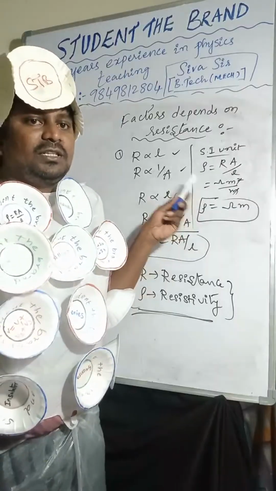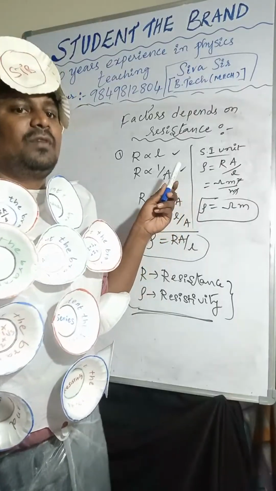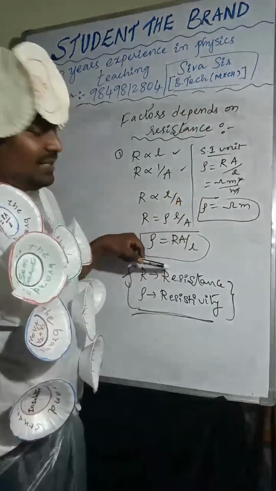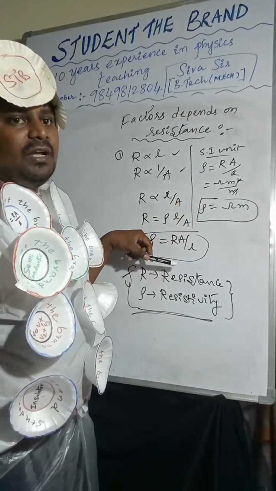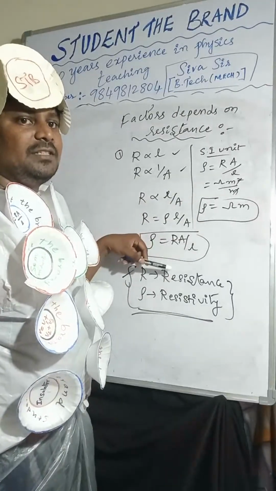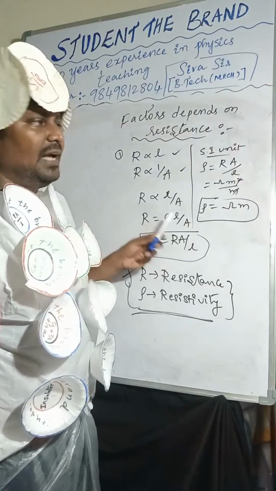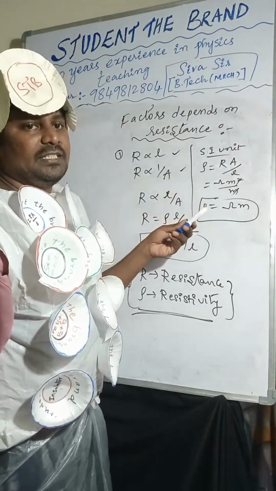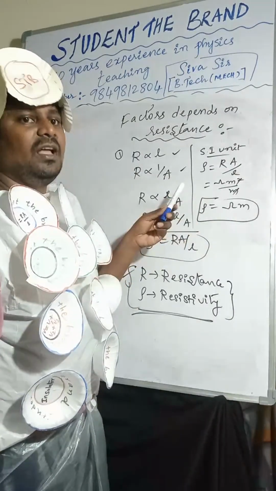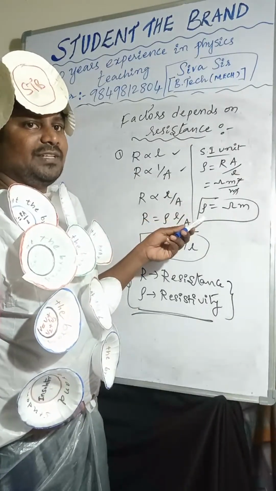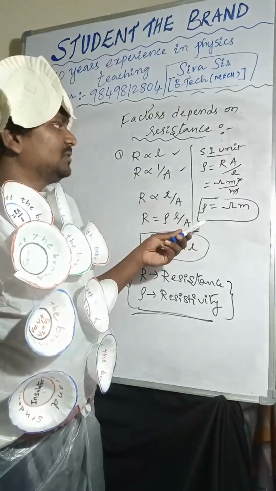For 2 marks, definitely this question will come. The difference between resistance and resistivity they will also ask, and the SI unit of resistivity they will ask. So keep in mind this question. So once again,